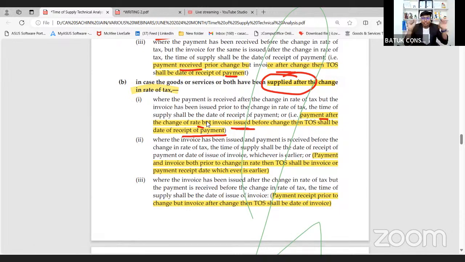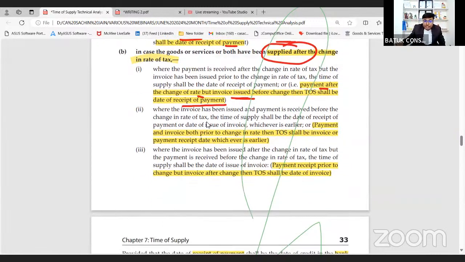You may put it like this: when payment and invoice both are prior to the change in rate of tax, in that case the common principle will be applicable, I or P whichever is earlier. When payment is received prior but the invoice is after the change, in that case the date of invoice, that is I or P